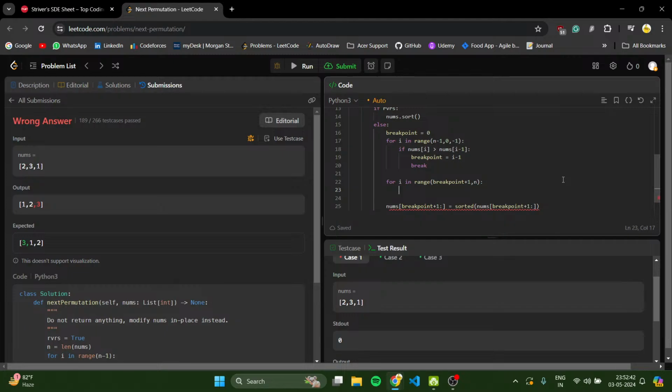After the breakpoint everything will be in decreasing order, so we search till we find something that is still greater than the element at the breakpoint. So if nums of i is greater than nums of breakpoint,